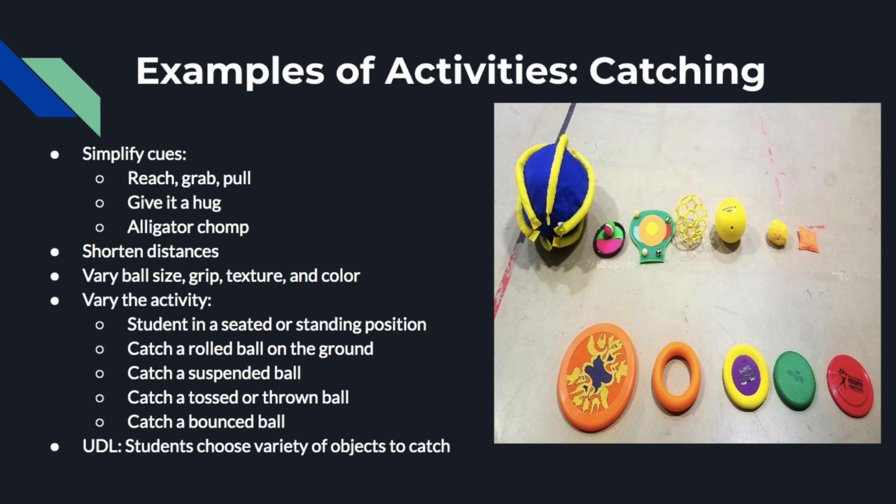To help students be more successful, you can use various objects that vary in size, grip, texture, and color. You can also allow students to choose which object they want to catch in order to increase their motivation. The teacher can also use a progression of catching activities depending on the skill level of the student. The student could be positioned in a seated position on the floor, in a chair, or standing for different levels